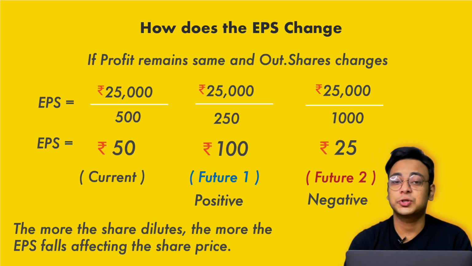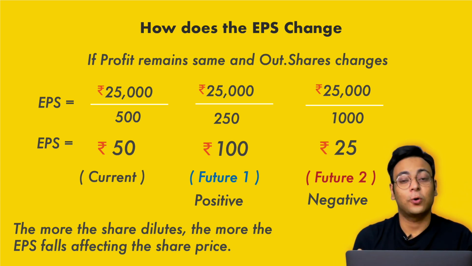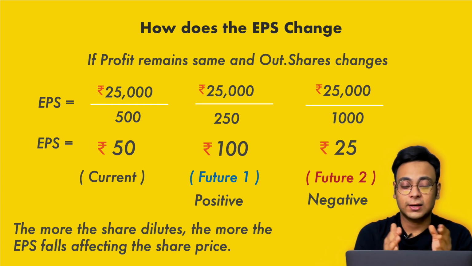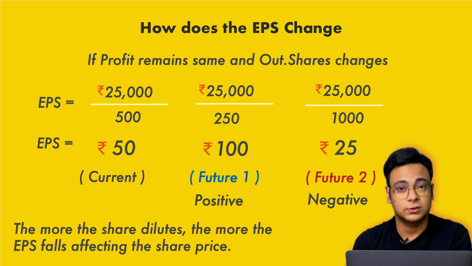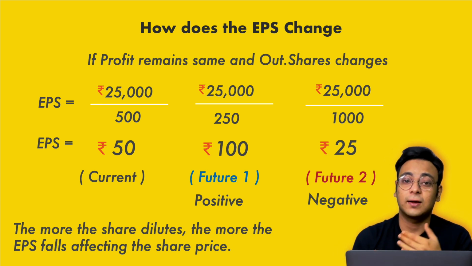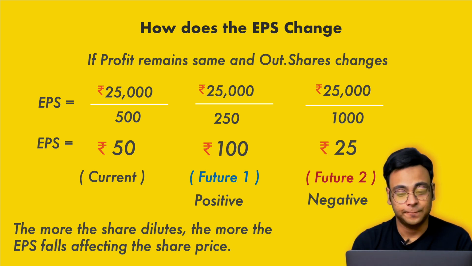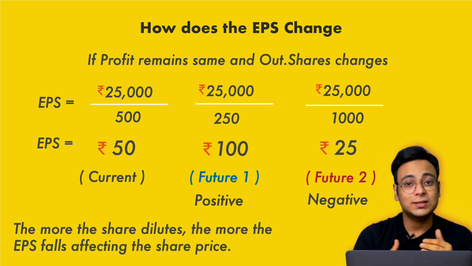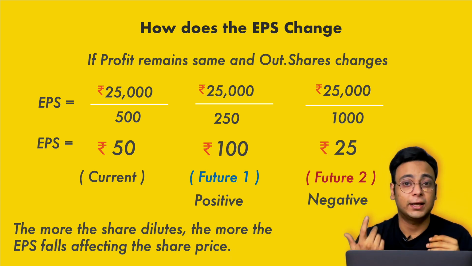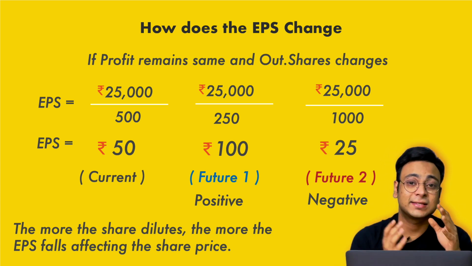Now in the next situation, we see the company dilutes its shares, where it sells its shares to its employees or gives out bonus shares or any other reason it can be. Here the company's share capital increased to 1000. Now there are 1000 shares available in the market. If we divide the company's profit by that, we get 25 rupees, which is the EPS of the company. This is a bad sign. You can see that the company's profit for a single share has reduced from 50 to 25. That would mean the shareholders in the company will lose interest and they can sell off the shares.